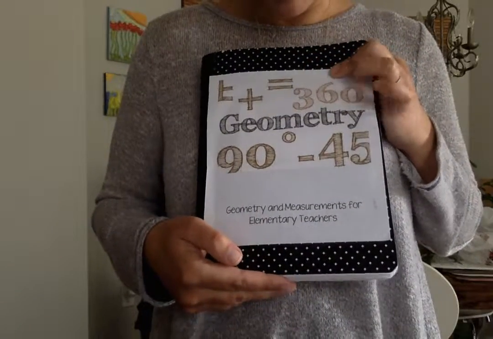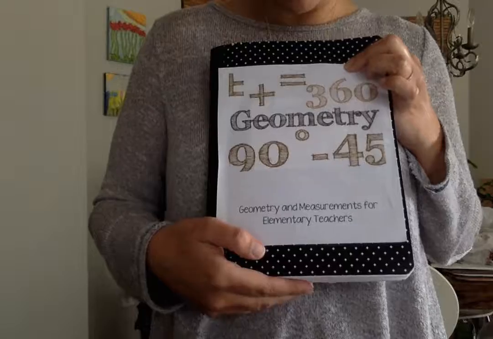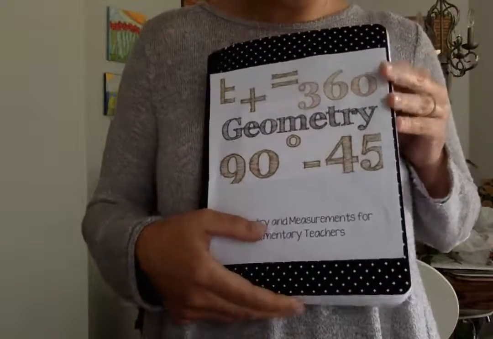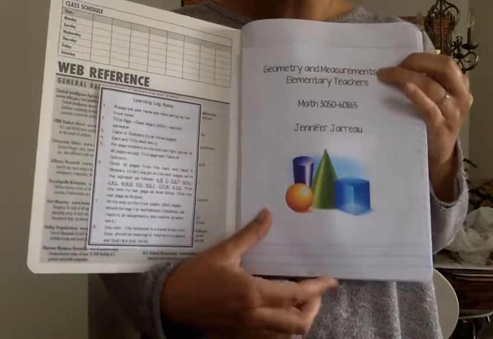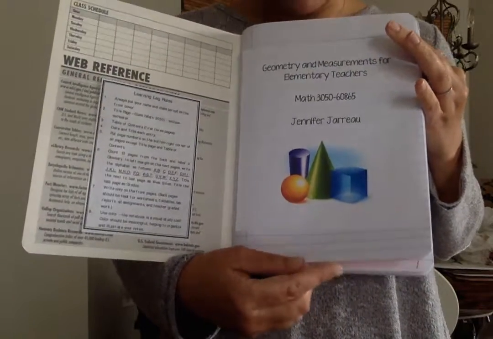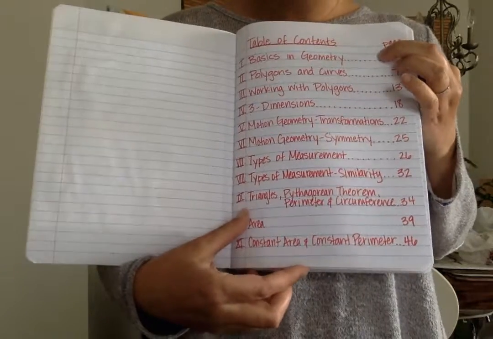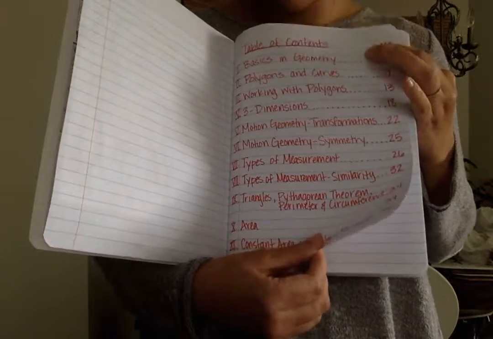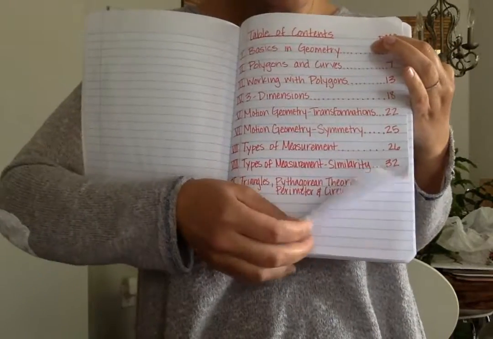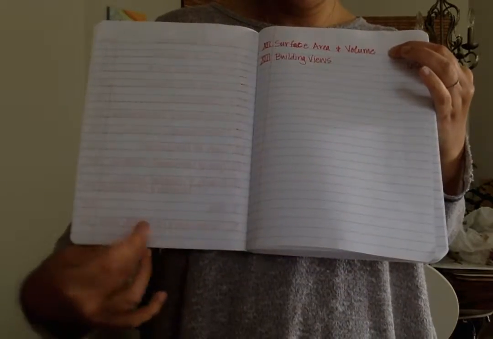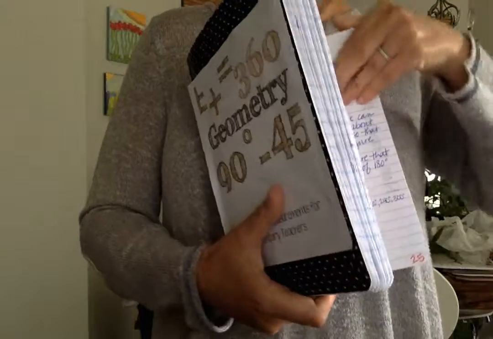Okay, here's my geometry and measurement for elementary teachers learning log for the second half of the semester. Again, I have a cover sheet with the directions inside, and I have finished out the table of contents. And then to where we left off